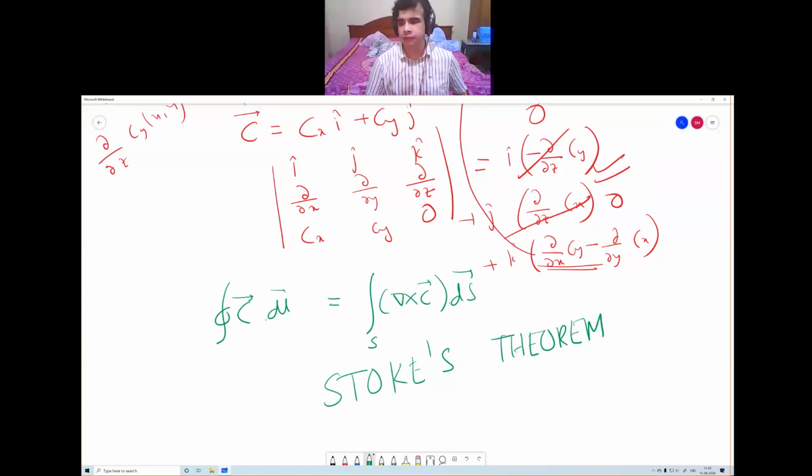Just like divergence theorem, the proof of Stokes theorem is not included in your course, so no need to study the proof. The proof was given just for your understanding. But the statement, the expression, the problems and applications all are included. So you might be asked problems related to Stokes theorem, but you don't have to prove the Stokes theorem. Okay, clear?